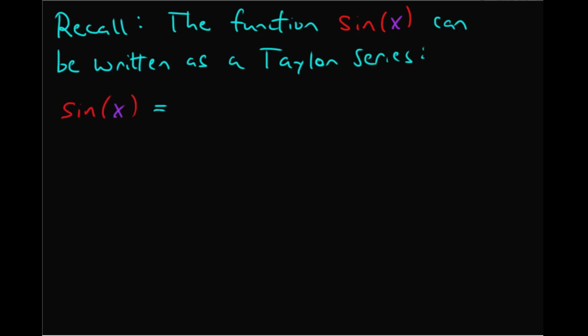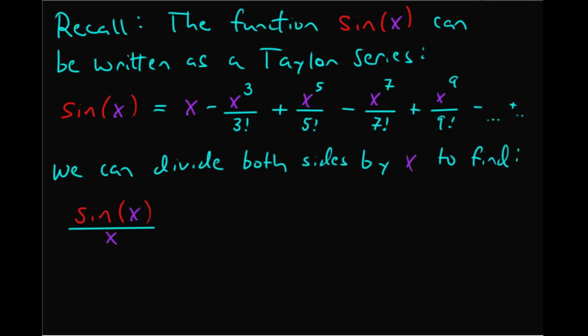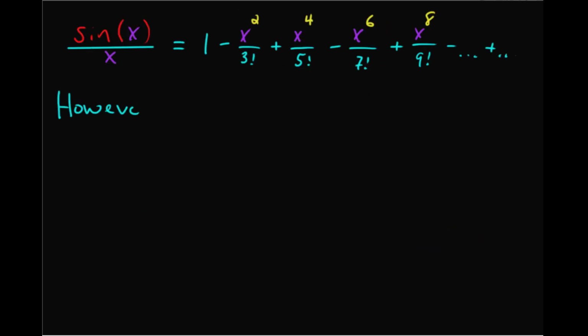Now, to do that, I'm going to ask you to recall the following fact, which is that the Taylor series for the function sine of x equals x minus x cubed over 3 factorial plus x to the 5th over 5 factorial, minus x to the 7th over 7 factorial, plus x to the 9th over 9 factorial, minus ... Then we can divide both sides of this equation by x to find the Taylor series for the related function sine of x over x, and that equals 1 minus x squared over 3 factorial, plus x to the 4th over 5 factorial, minus x to the 6th over 7 factorial, plus x to the 8th over 9 factorial, minus ... So that's the Taylor series expansion for sine of x over x,